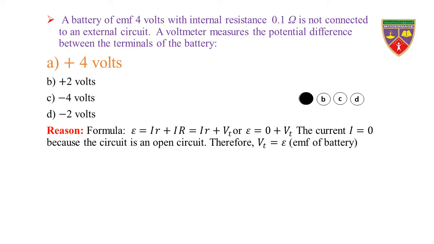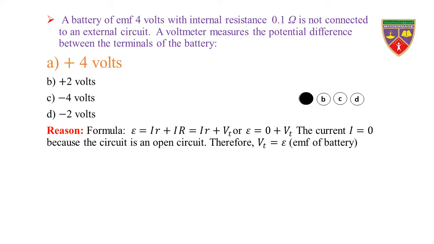Vt is the terminal potential difference, which is the potential difference across the circuit, or epsilon is equal to 0 plus Vt, because there is no circuit connected